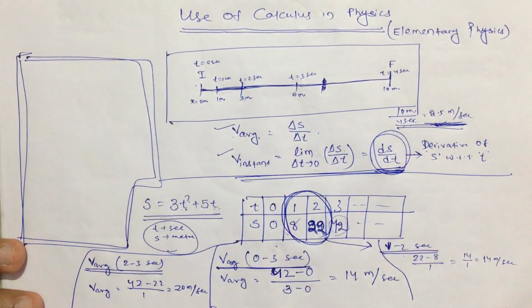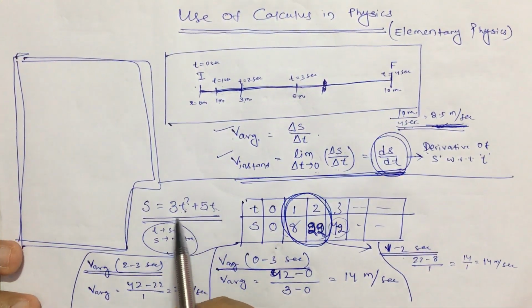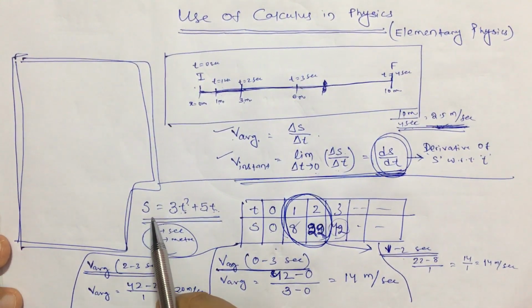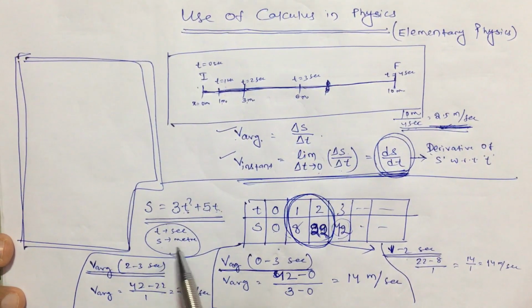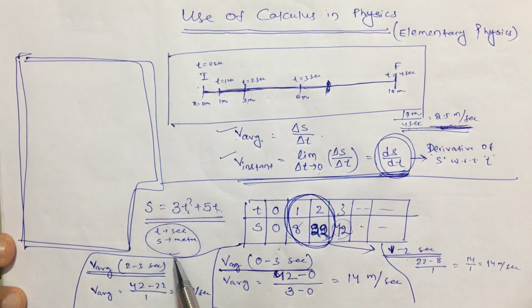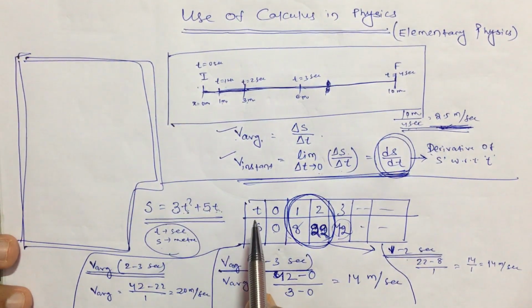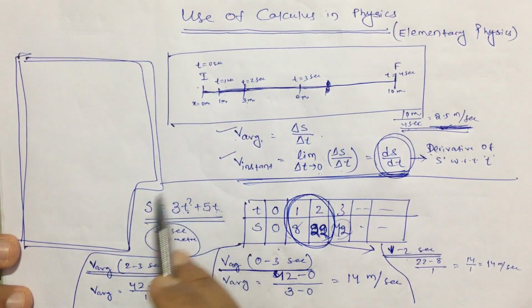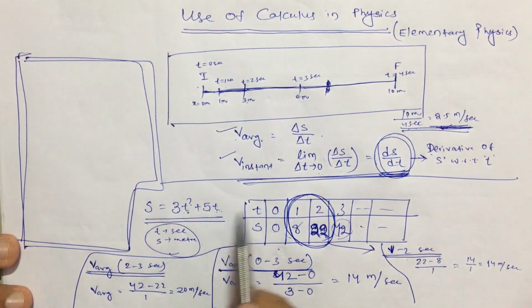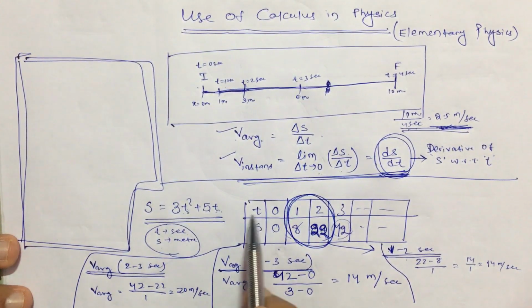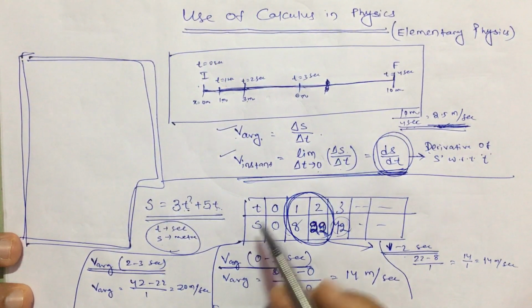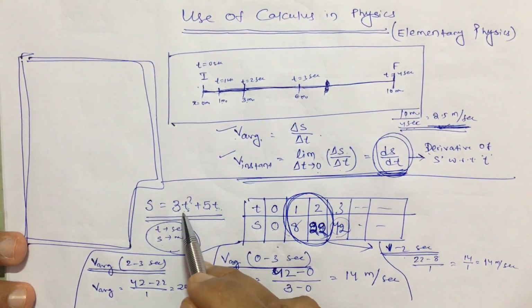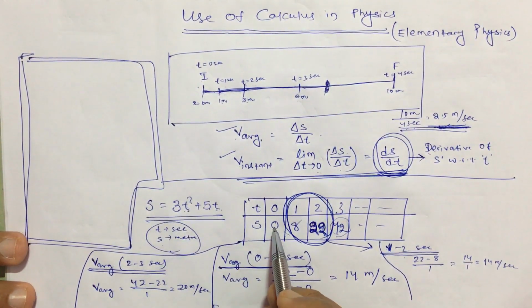Now let us come to this word particularly. What is this derivative? With an example. Let it be given that s equals 3t square plus 5t, where t is in second and s is in meter. What does that mean? It means the object is traveling by obeying this formula. What does obeying this formula mean? I am making a table of t and s. If you put t equal to 0, then obviously you will get s equal to 0.